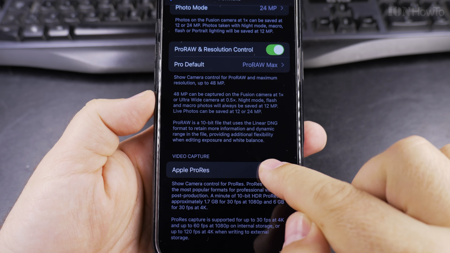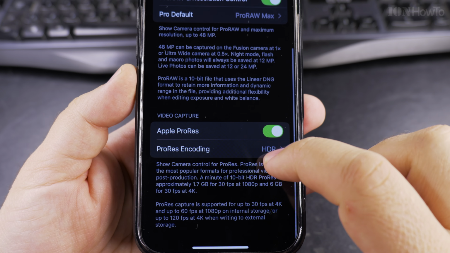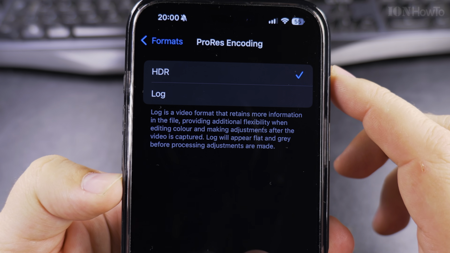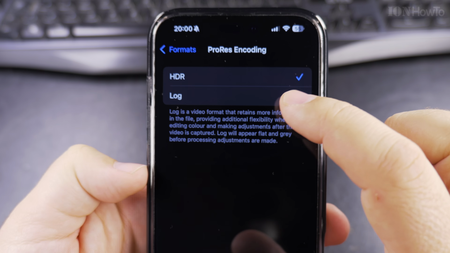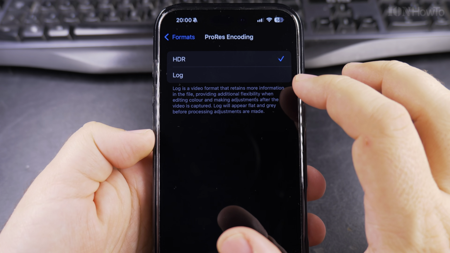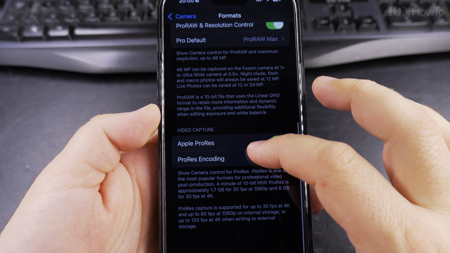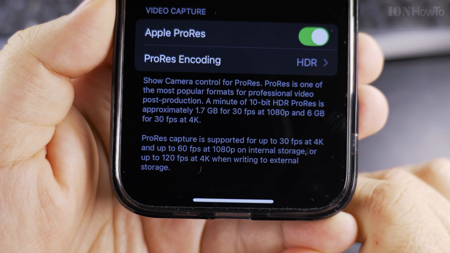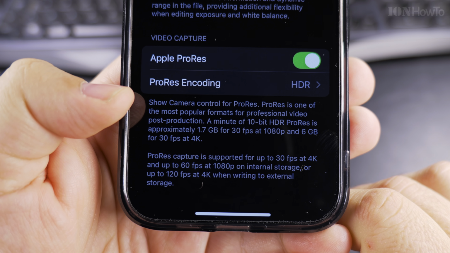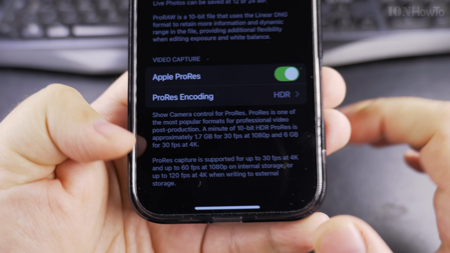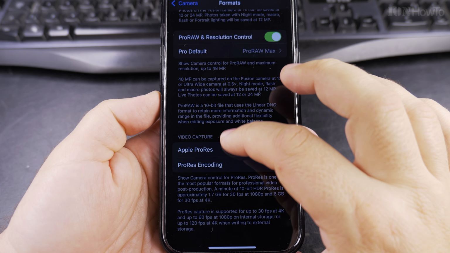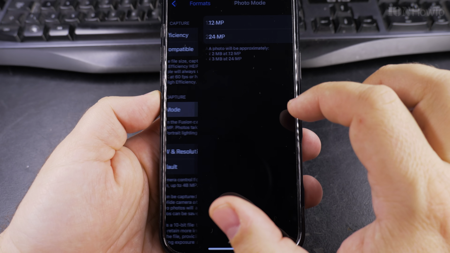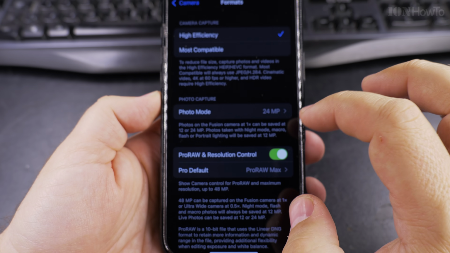The most important setting is Apple ProRes. This will record Apple ProRes 422 HQ in HDR or log, Apple Log format. It all sounds great, but once you realize that the file sizes will be gigantic, you will have really large video files if you use this recording format,